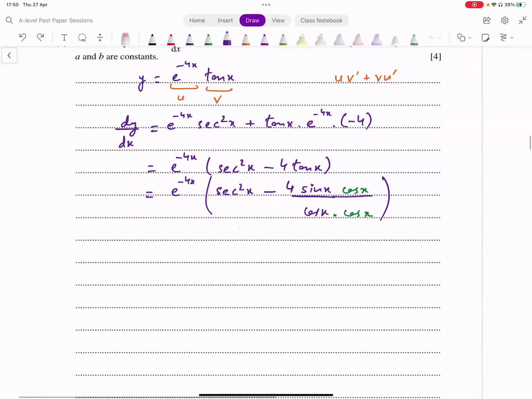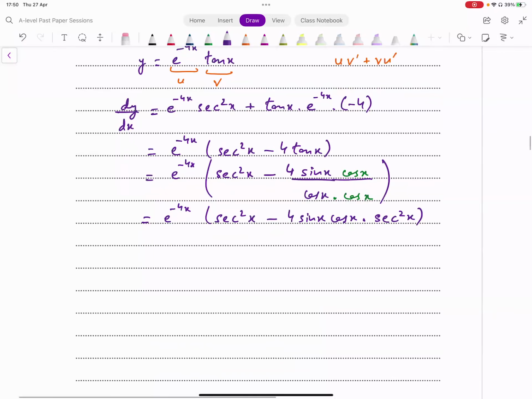So let's try and do that. We have e raised to power minus 4x into secant square x minus 4 into sin x into cos x. Now see, in the denominator you have two cos. If I take this up, it will become cos square, right? When it goes up, it becomes secant square x. And that solves another problem for us, that we can take secant square common from this. We can write this like this: e raised to power minus 4x into secant